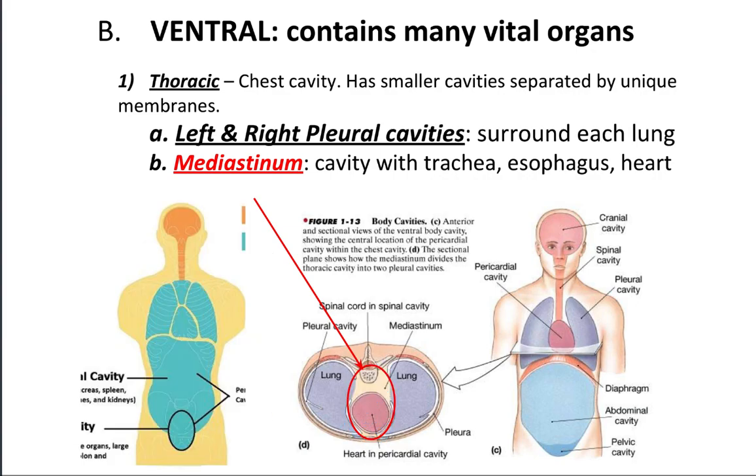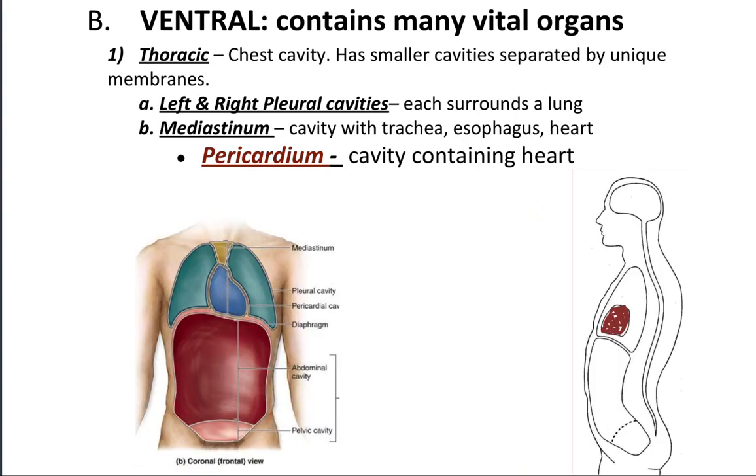Now within the mediastinum, so it's part of the mediastinum, there's a smaller section here, which has its own pocket as well. So it's sort of like a curtained off tiny area within this smaller curtained off area. And this area is called the pericardium. So it's a tiny individual pocket where the heart sits inside the mediastinum area. So this is the pericardium, and this is the pericardium from a side view, but the pericardium is sitting right here. Pocket containing your heart. All of these in the thoracic area, each of these pockets have their own unique membrane,